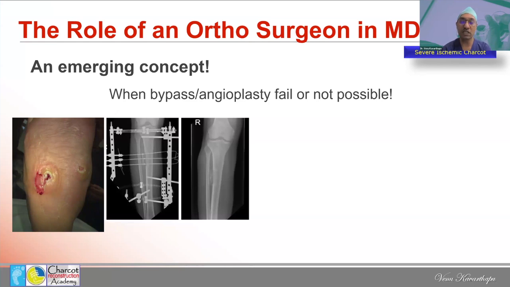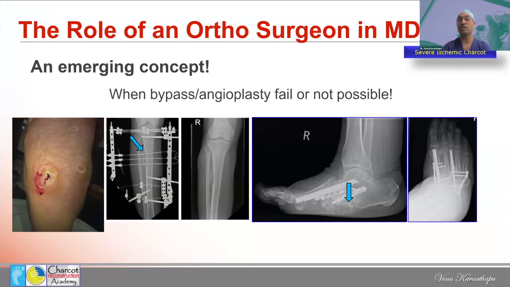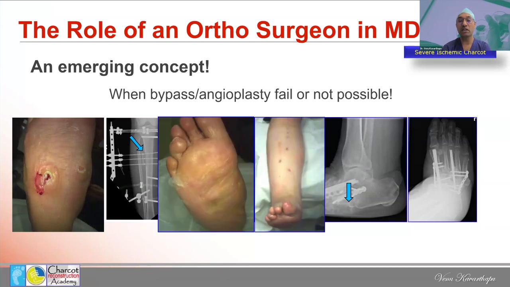Again, once you see adequate transverse distraction, then it is expected that the microcirculation improves. So in this patient, this is the first such case we have done in our unit, and I believe the first case for Charcot reconstruction where such treatment was utilized. And we have seen quite abundant callus formation. Maybe some of these severe ischemic Charcot deformities that are routinely amputated may not need such an amputation. We don't know, but this needs to be